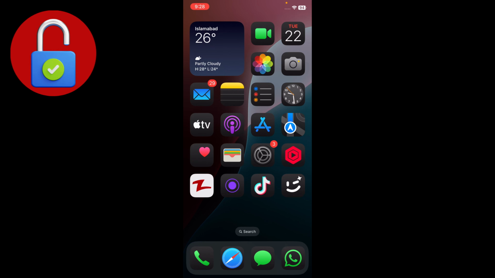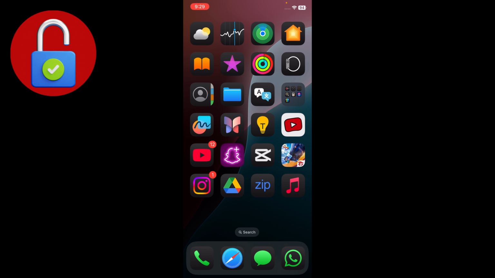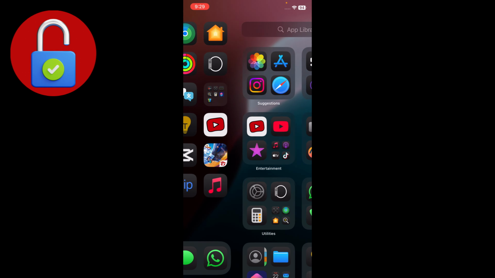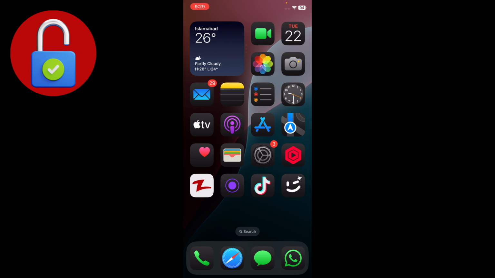In this video, I'm going to show you how you can change your charging notification sound on your iPhone, maybe iPad. When you charge your mobile, a notification pops up at the top of your iPhone saying your iPhone is charging. But you cannot get a sound just like you want. You want a sound like "charge me up," or any sound you want, but you cannot set it up like that. So in this video I'm going to show you how you can set up any sound you want to adjust